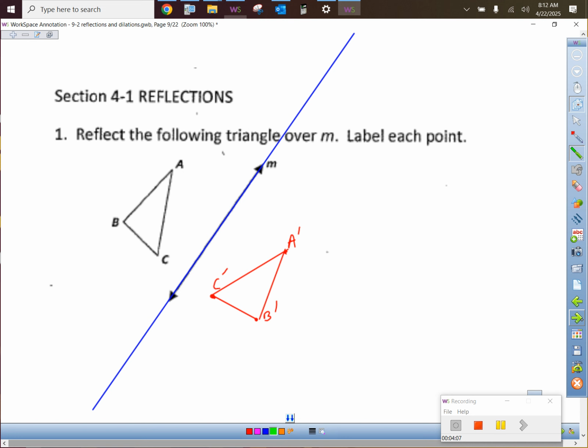Cool. Let's talk about some other stuff, big time test questions. They're going to ask you a lot about orientation. So first, what does orientation mean? It means which way around the clock are you going? Are you going clockwise or are you going